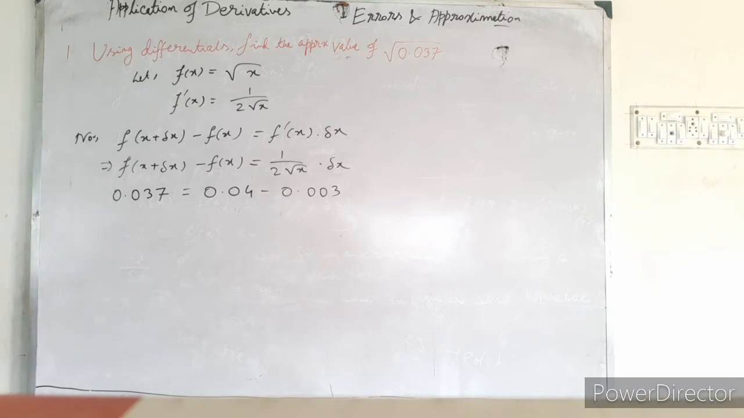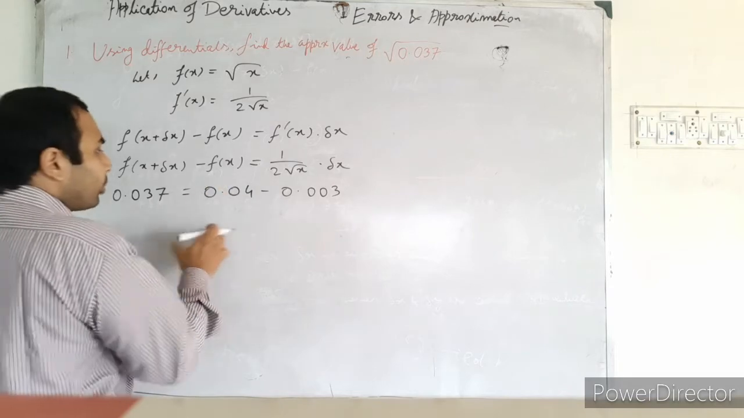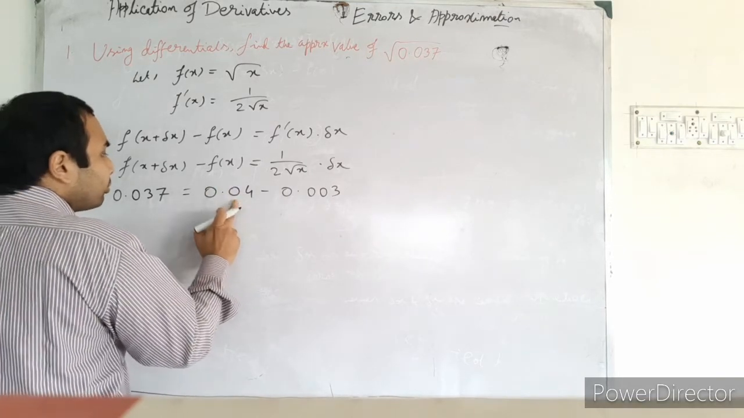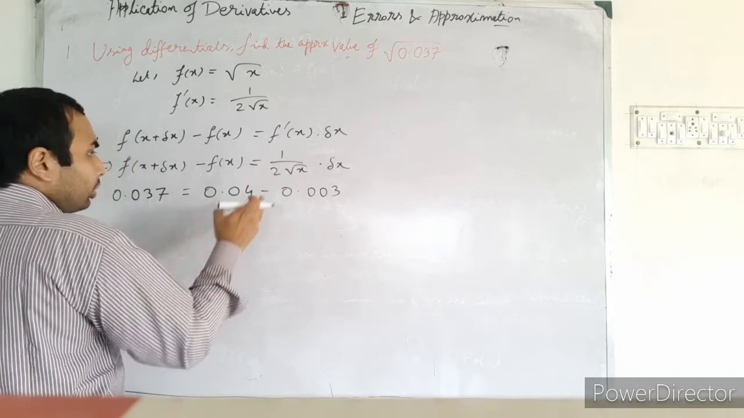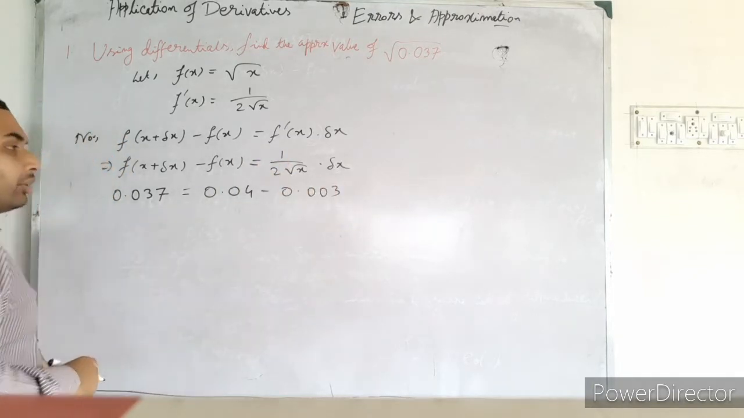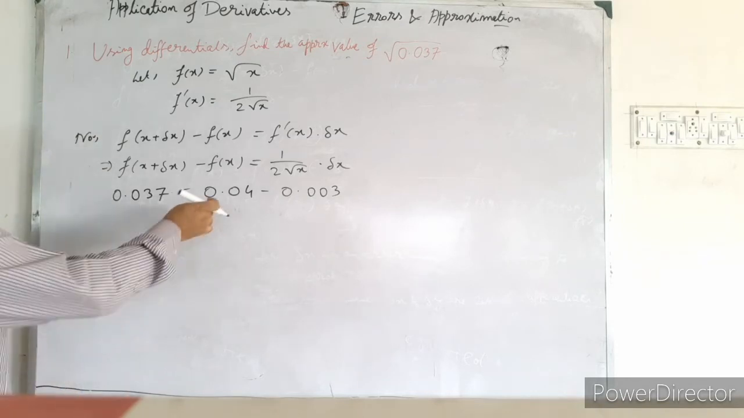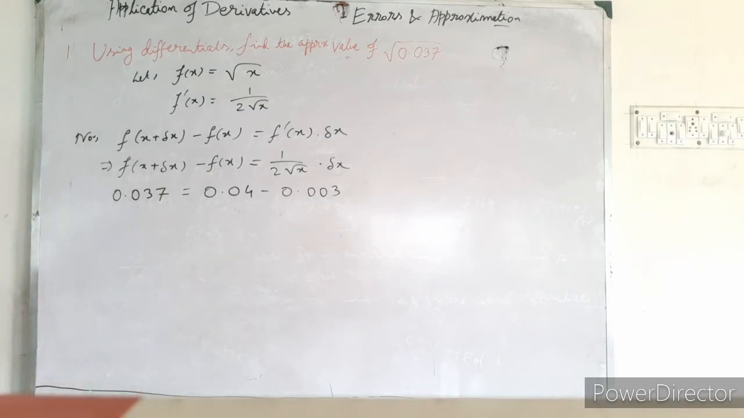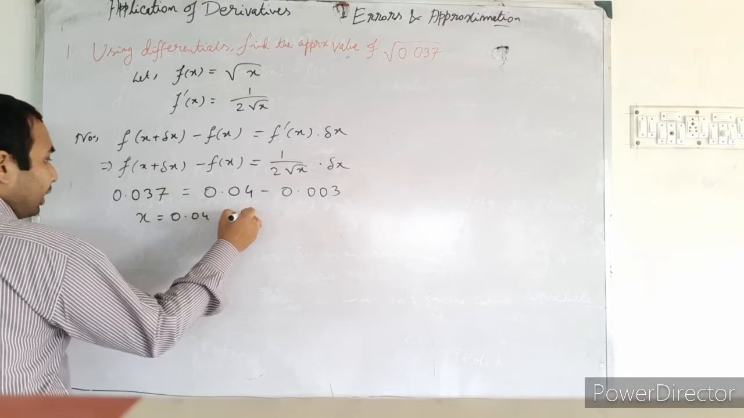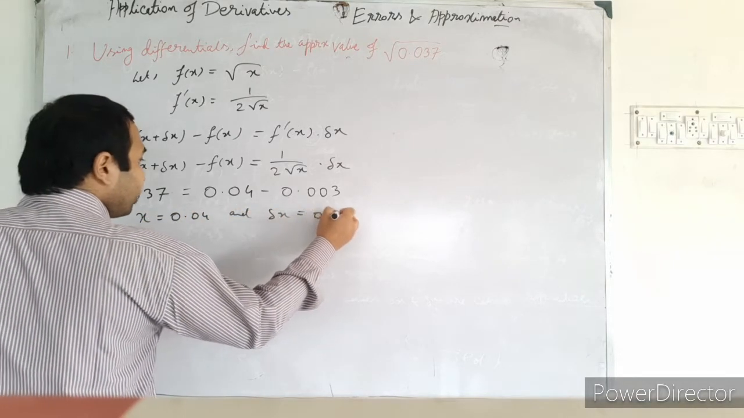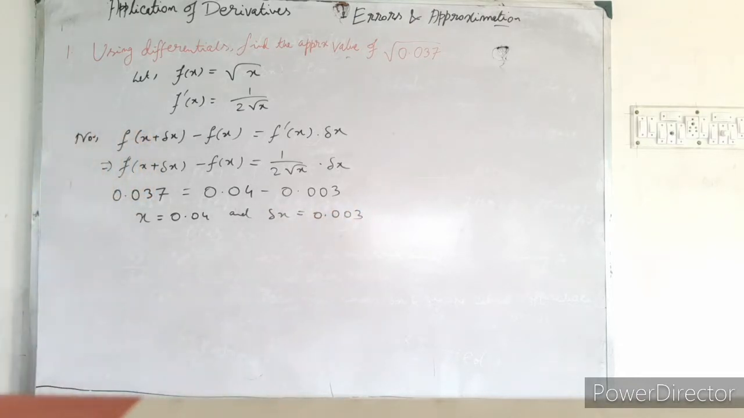You can take anything as you like, but actually we have to take a very small quantity. If we want to take this as 0.042, then also some small quantity here I will write. But whatever, you can take as you wish. This one, 0.04 minus 0.003, I am taking here. So here, if we write x equals 0.04 and del x equals 0.003 here, then